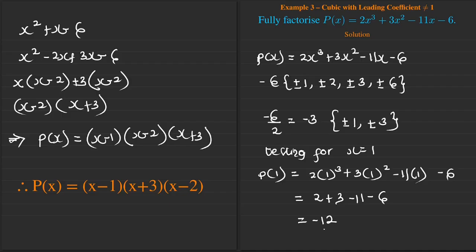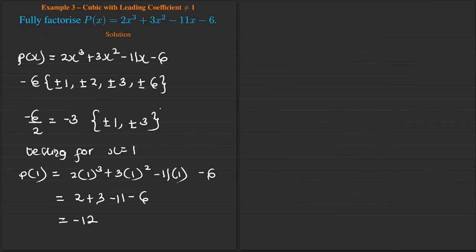Why? Because the factor or the remainder theorem says the remainder has to be 0 in order for us to consider it as a factor. You see? So since 1 is not a factor, you can test for another number. This time around, let's just go straight and then test for x equals minus 3. So I would say testing for x